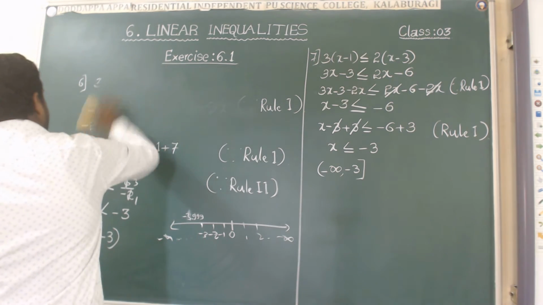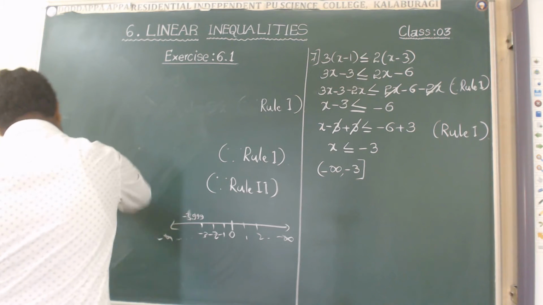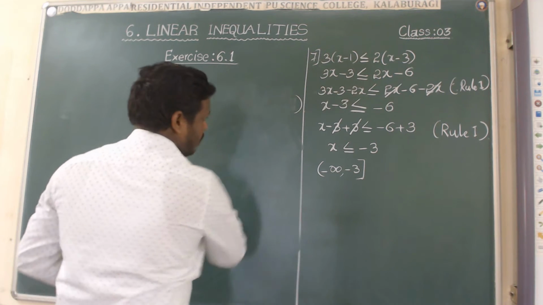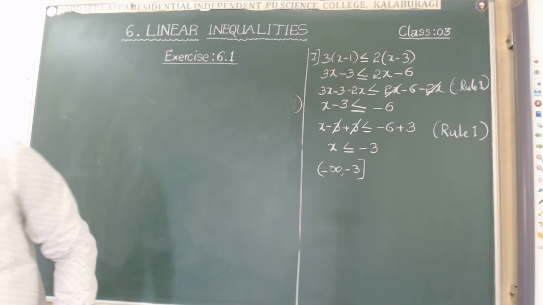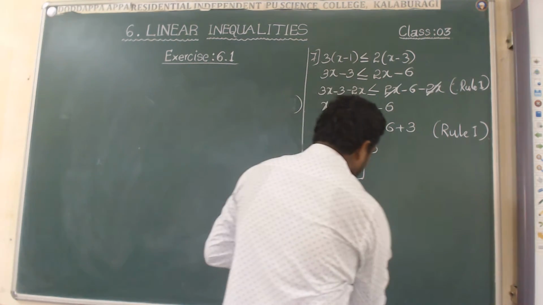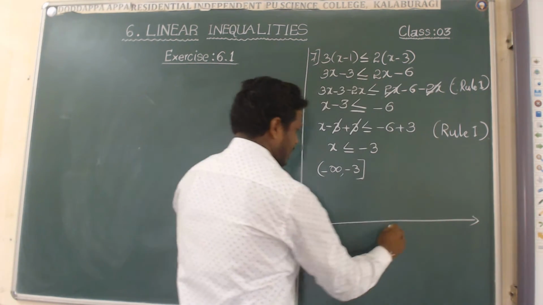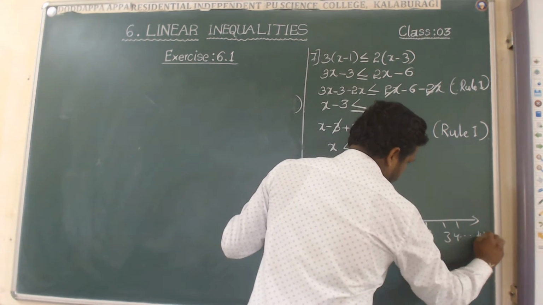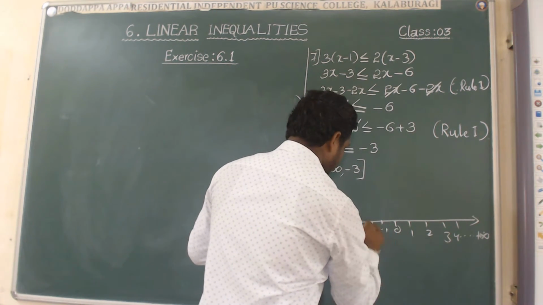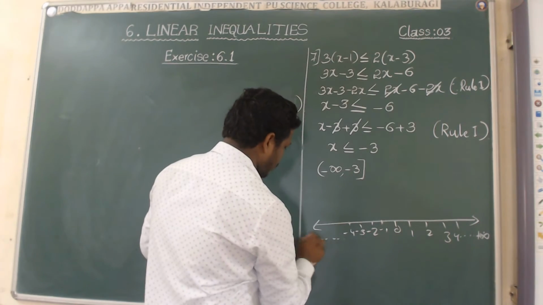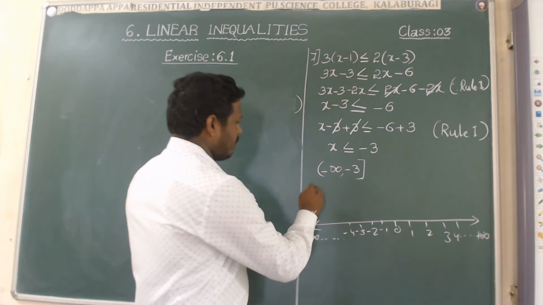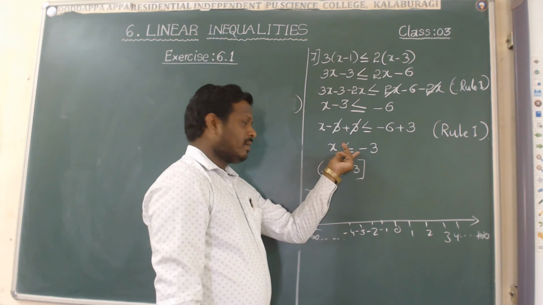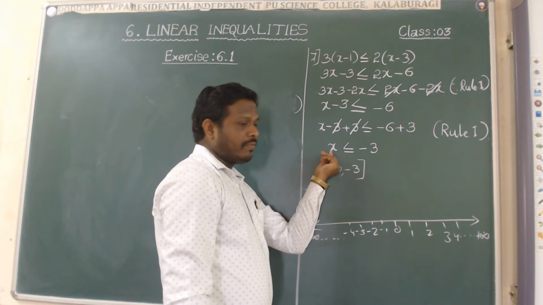the 8th one. Don't get confused here. I will show a number line. I take the number line with 0, 1, 2, 3, 4 and so on up to positive infinity, and minus 1, minus 2, minus 3 and so on up to minus infinity. We have to write the values of x here. But read the given statement of inequality. This is the last step. By using this one step, we can write the solutions of x here.